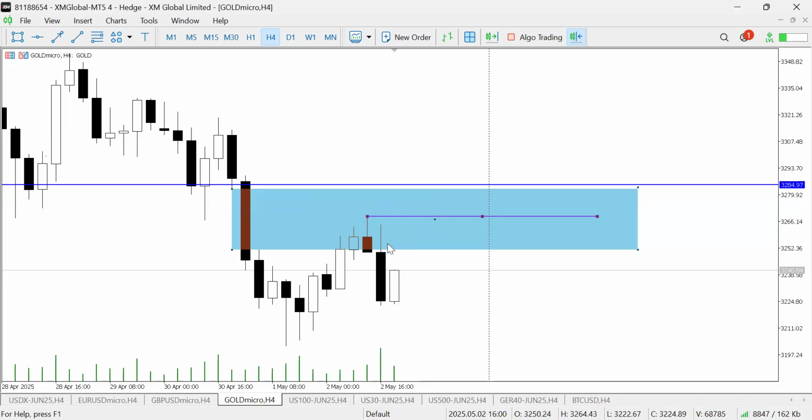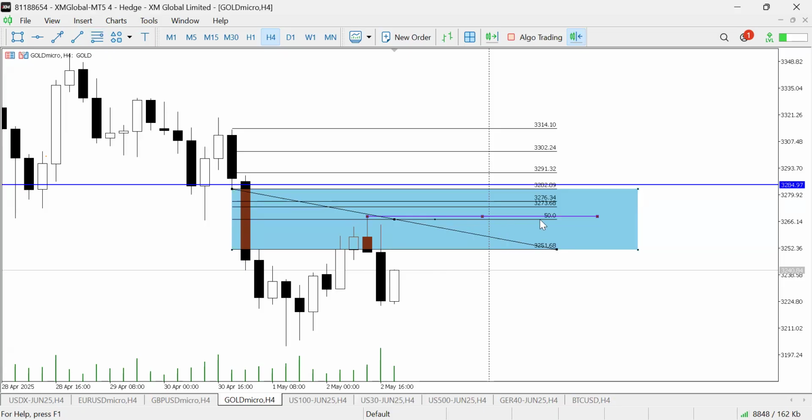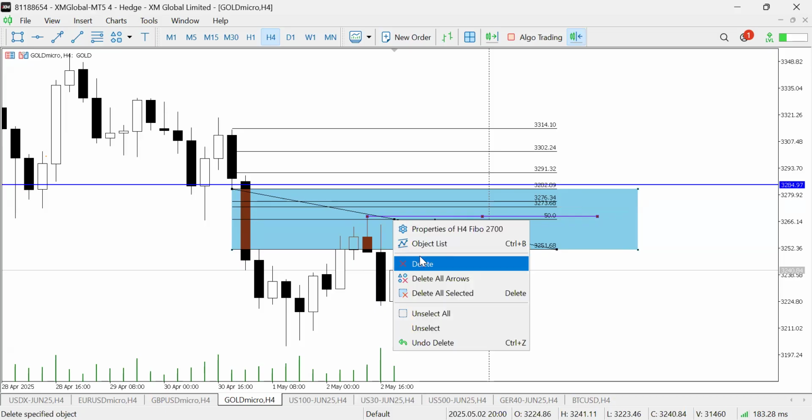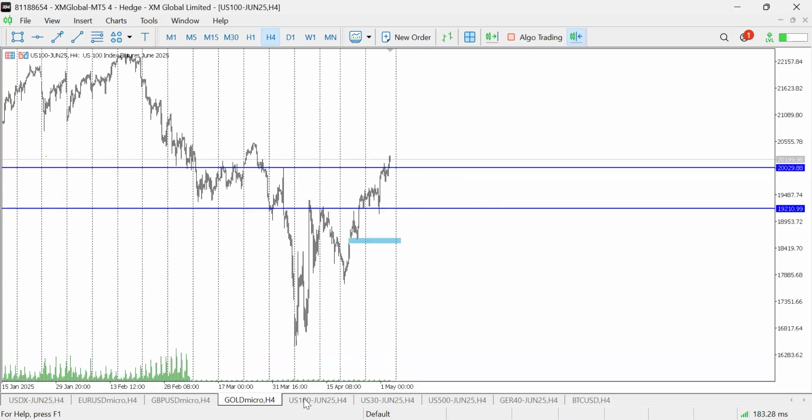So I'm looking for price to come in anywhere above this level. And if I use my fib to grade the fair value gap, this order block is almost in line with the 50%, right? So anything in premium, which means above the 50% line, I'm looking for shorts. And yeah, enter here, done.